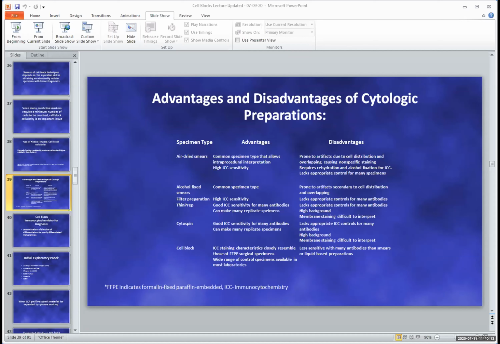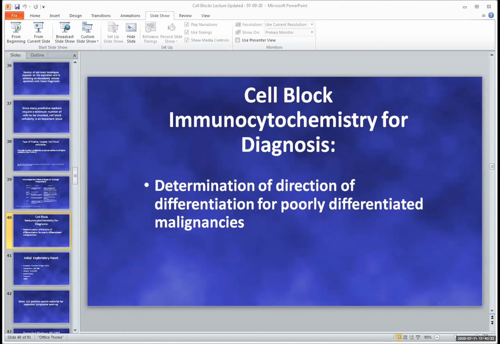It is less sensitive for many antibodies than smear or liquid-based preparations because in many cases, alcohol fixation causes an increased reactivity with the antibody, but this is not a problem to overcome because we're very, very used to using